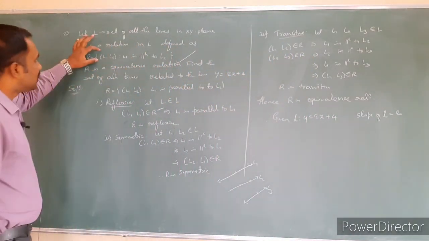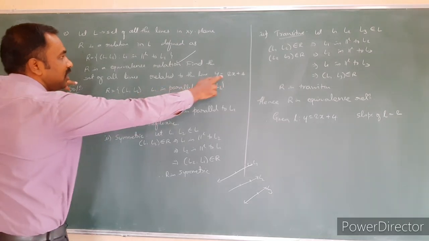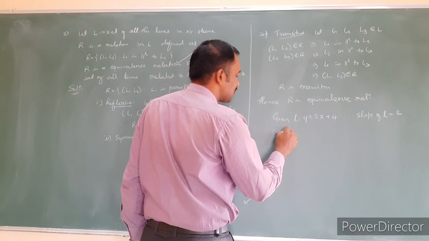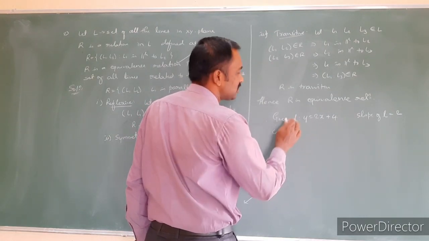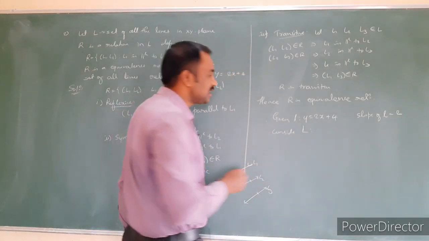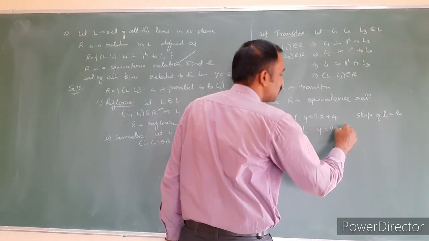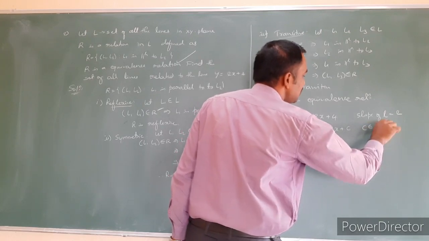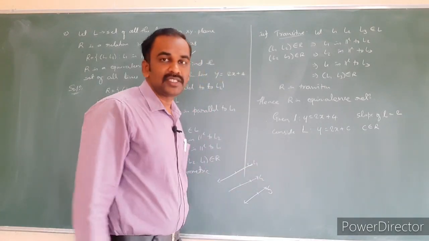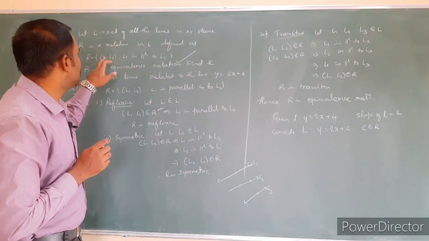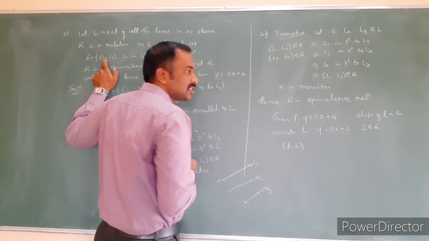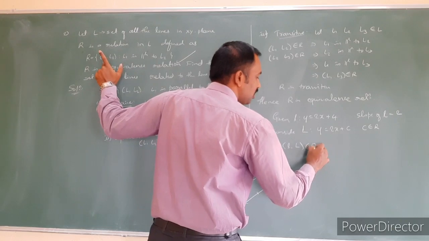They only asked that I need to find all the lines related to this one. So this is the line L. Another line, I just consider another line, the small l, and I consider the capital L. Consider the another line l in such a way that y = 2x + c, where c is any real number. Why do I consider another line in this way? It should satisfy the given condition. What is the given condition? The pair (l, L) must belong to the relation R.